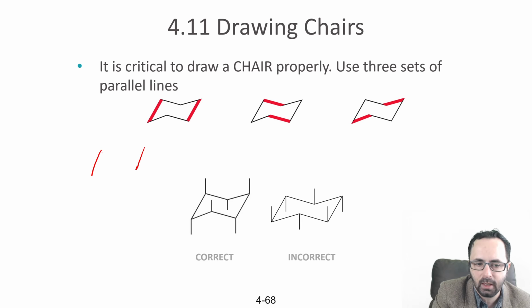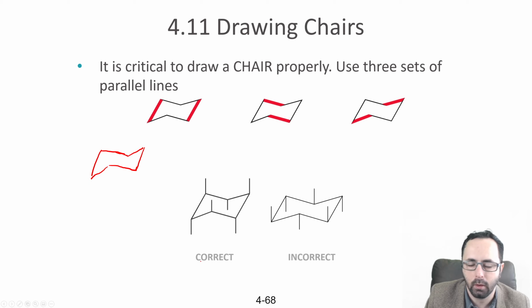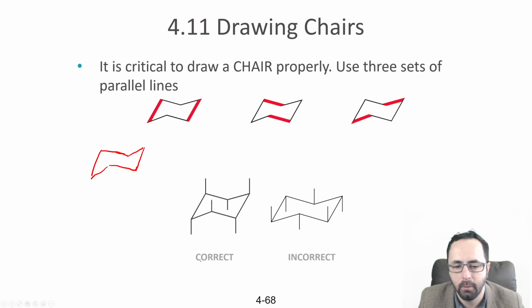So, and remember the last one is going to look the shortest. So these are parallel as well. We go like that, try to make them equal length. Then the last one is generally drawn as the shortest from the perspective here. Okay, and then when you draw this, you're going to have on either end a hydrogen that is axial, pointing up on the one end and down on the other end. So on the downward side point of the chair, there's a straight downward axial position, and there's a straight upward